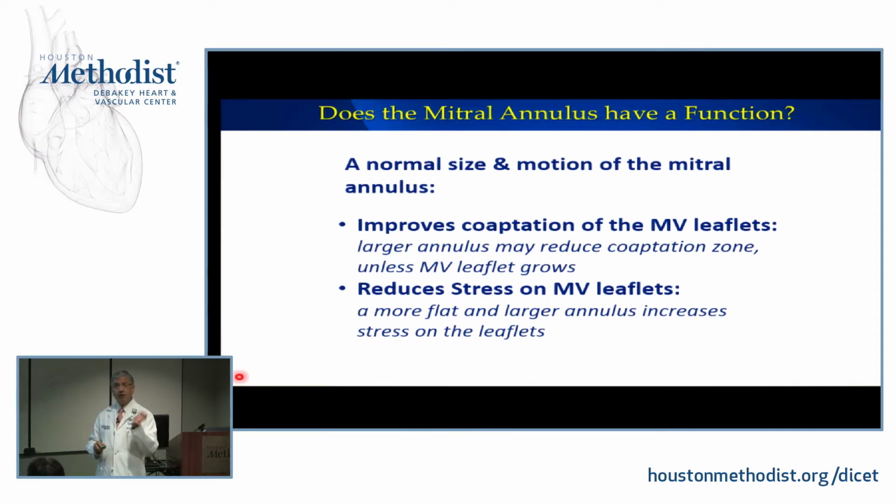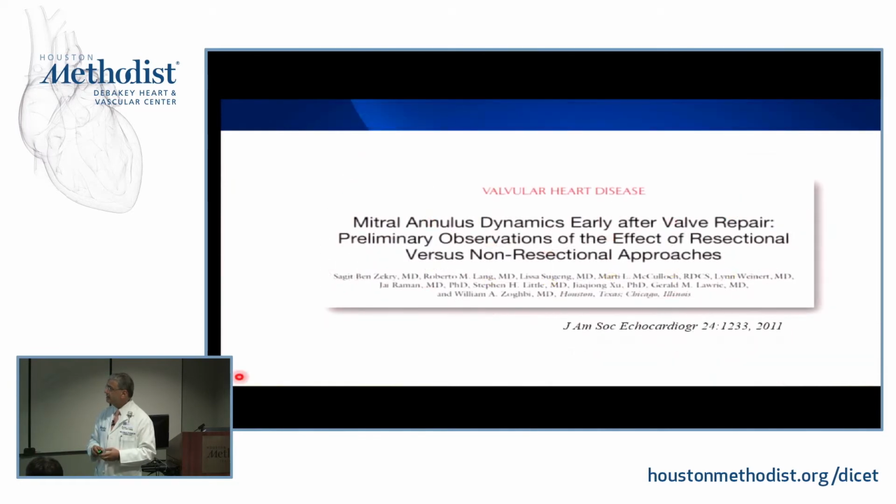But most of the others early on were rigid, and now we're trying to keep the annulus function still the same, right? And that's where some of the different surgical techniques occur, and also some of these flexible rings that you put in to try to bring down the size of the annulus are more flexible, so you hope that with your surgical technique you keep the dynamicity of the annulus itself.